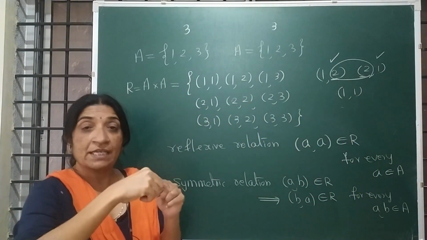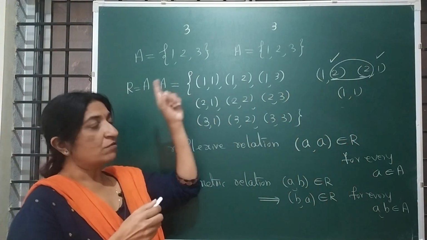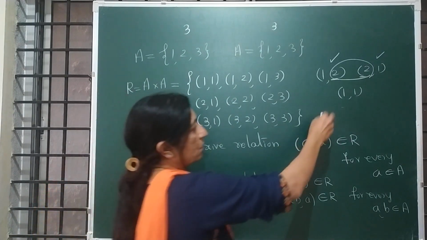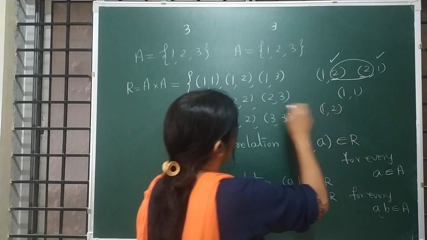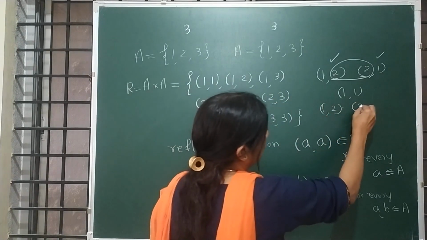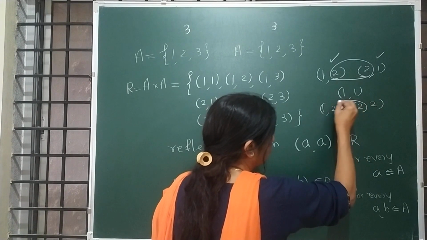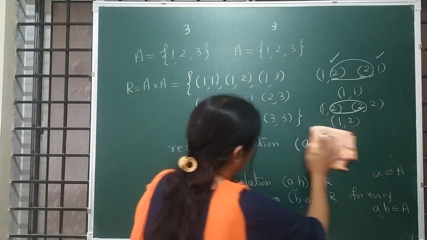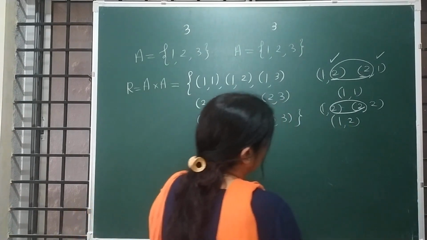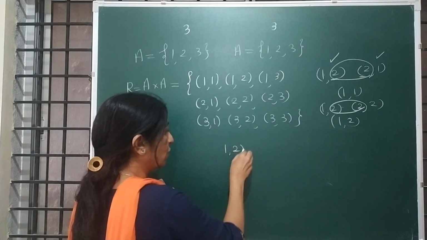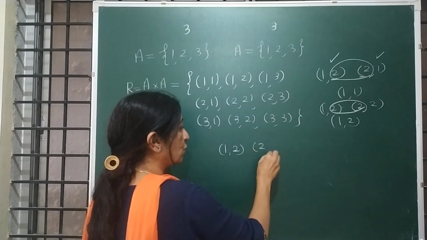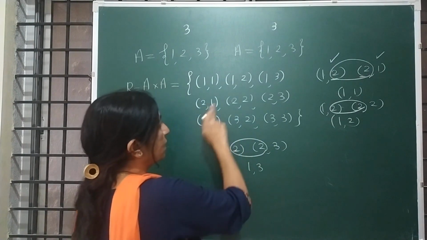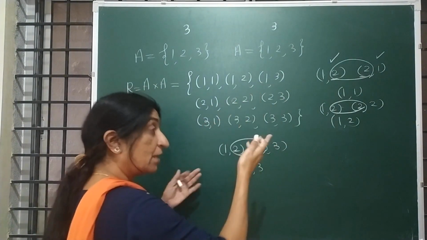If all the 3 are present in the relation, we are calling it transitive. If you want, you can change this (1, 2). I will take the number that starts with 2. We have to take the pair that starts with 2. These 2 eliminate. What is remaining? (1, 2). Understood? One more example. (1, 2), and this also starts with 2: (2, 3). These 2 eliminate, leaving 1 and 3. Is (1, 3) there? Yes, (1, 3).